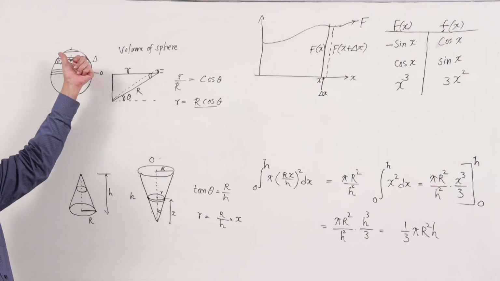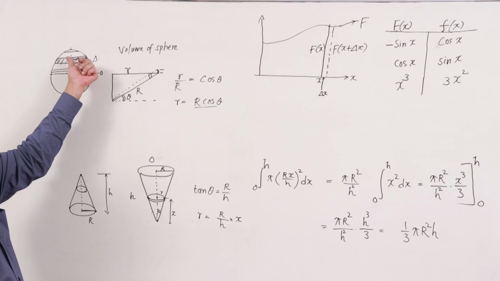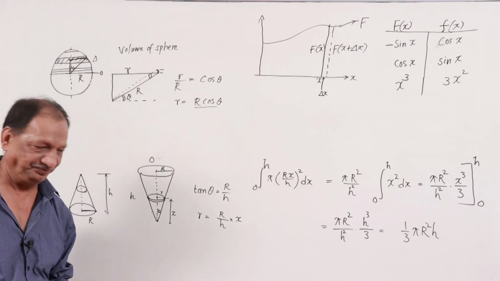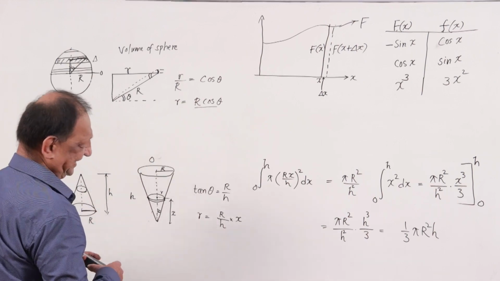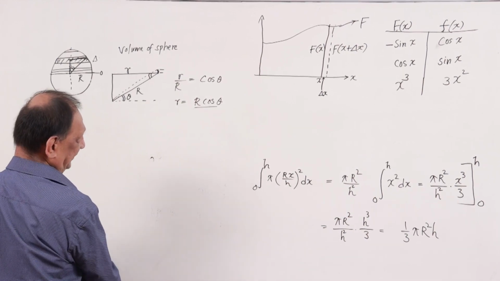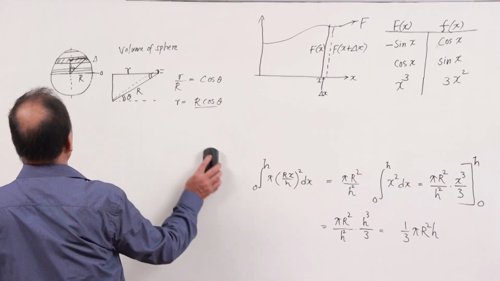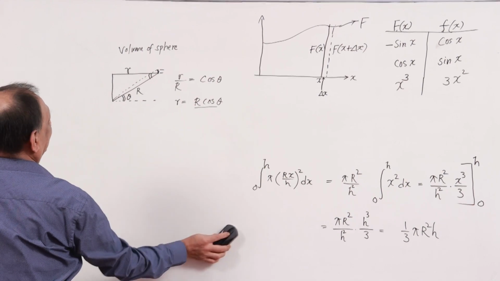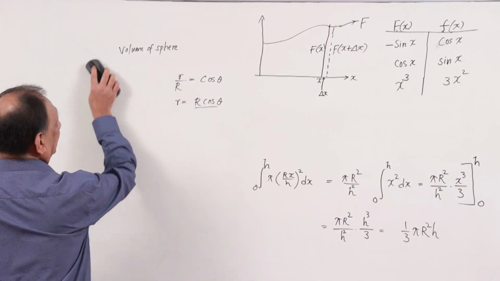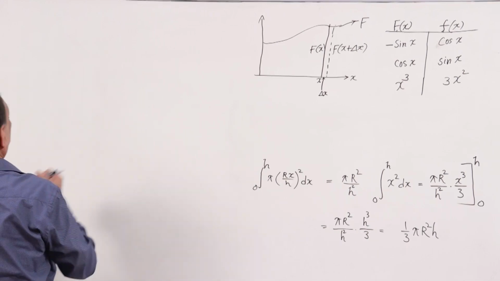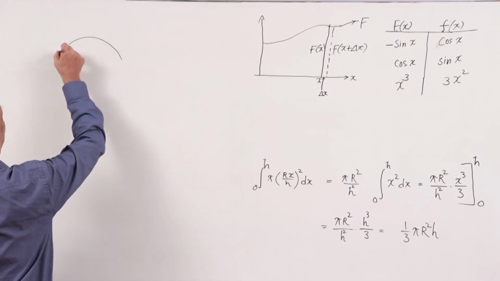That is the x-axis, vertical is the x-axis. I get a distance x, find the radius and dx, and then take that. Correct? Maybe we can do that as an exercise. Why don't we do that? It just takes 2 minutes. So, a slightly different approach for this sphere. So we had this sphere